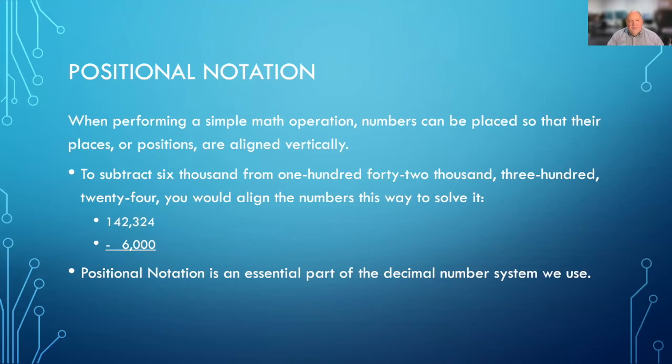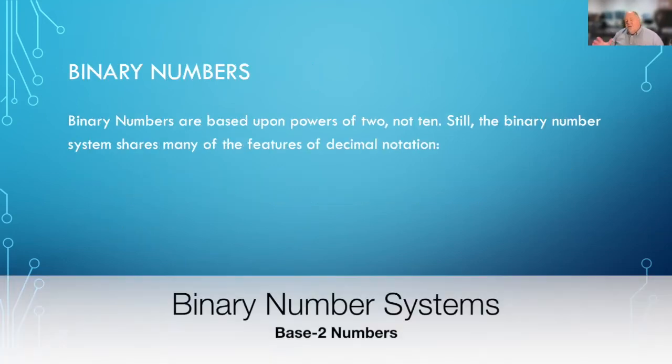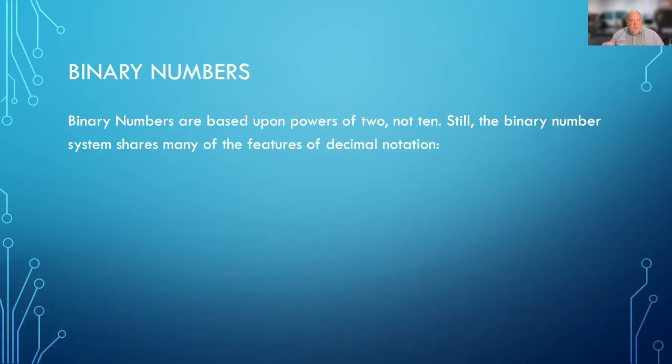So this idea of positional notation, that we have certain places or positions and the numbers fit in those places, and that's very significant, is important to the way that we calculate using Arabic numbers. Now, binary numbers are based on powers of 2, not 10. But there are many things about binary numbers that work exactly the same way as with decimal numbers, including positional